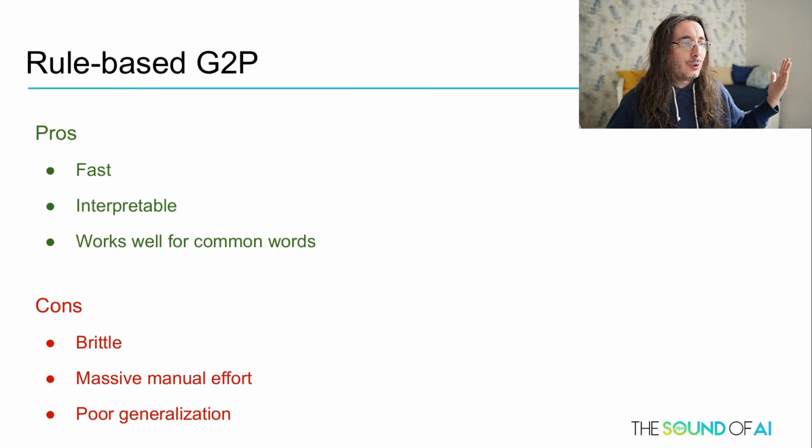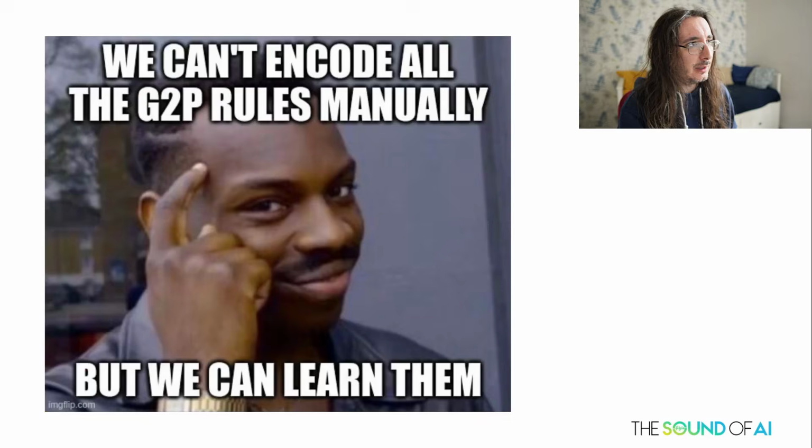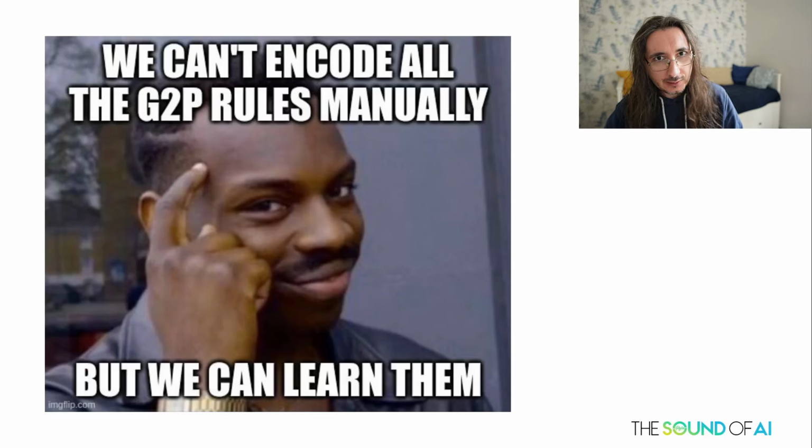So the same rule doesn't always apply, and that's a problem, because there's very poor generalization. But if we can't really encode all the G2P rules manually, what we can do, given we are in